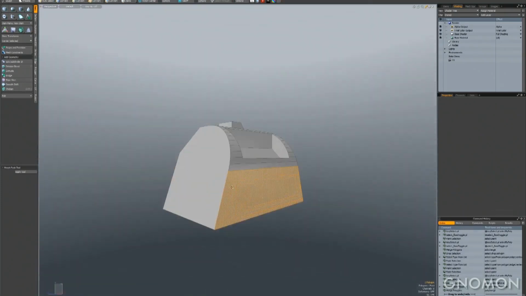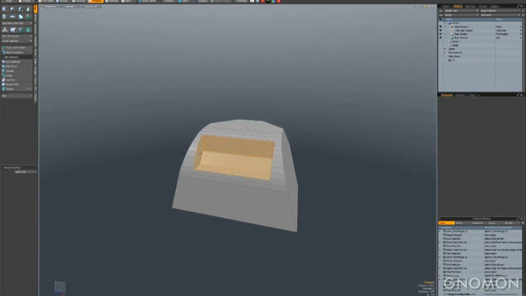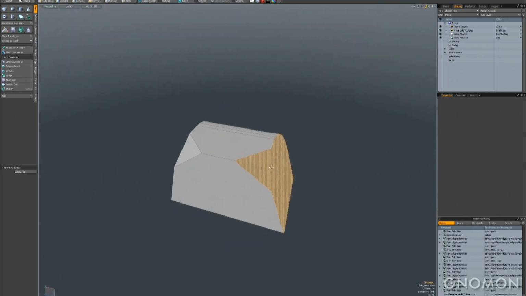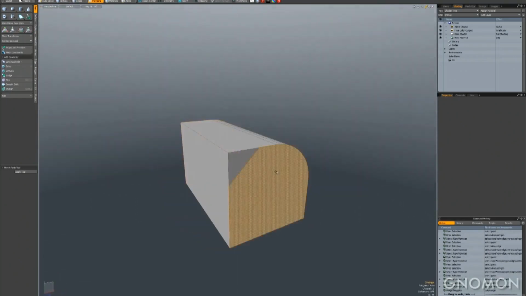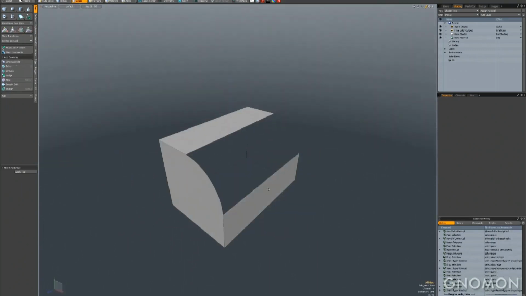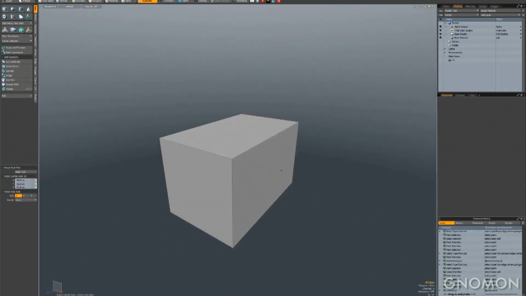And it's also a good way to make a low-res version of whatever you're working on, for when you're getting to the point where you're ready to put it in engine, bake it down, and make a low-res game version. I'm only using about 3 or 4 different tools here to do all this stuff. This one right here is one of my favorites. I use this all the time when I'm making low-res geometry for games. Unbevel. It just unbevels everything perfectly.